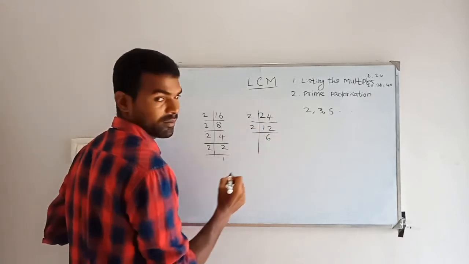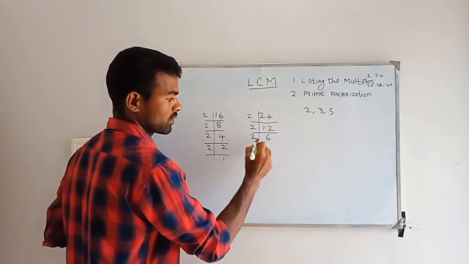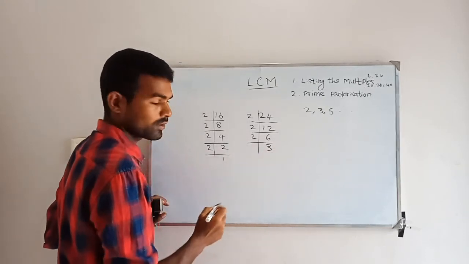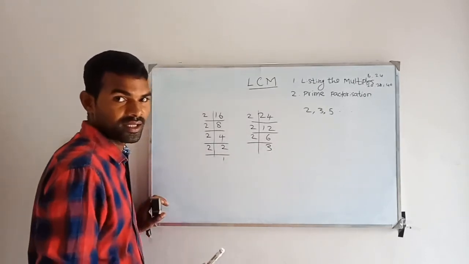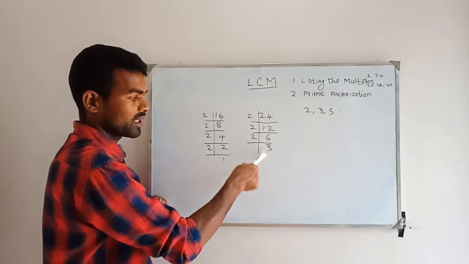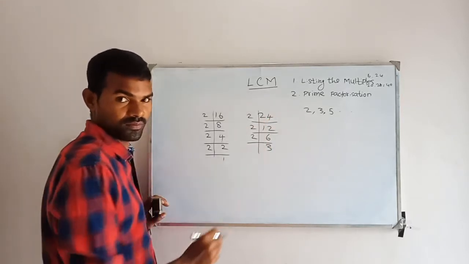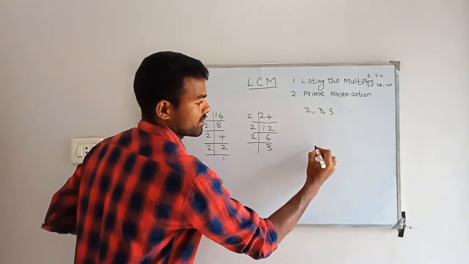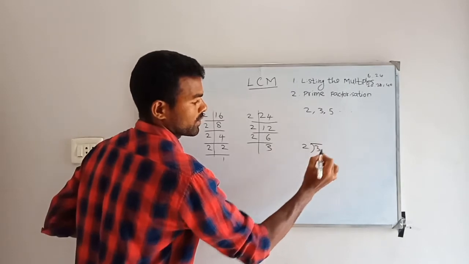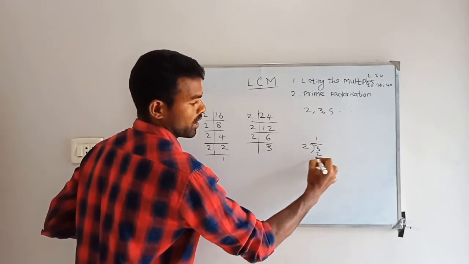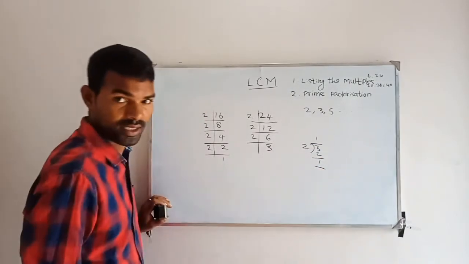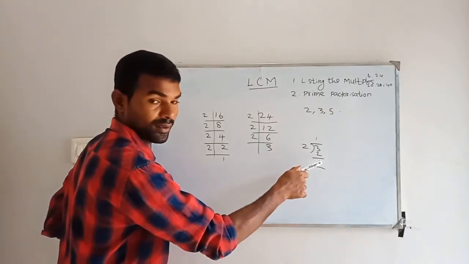You can divide 6 times. Divide this 6 by 2. You can divide 3 times. Yes, no? Now the number is 3. Is it possible to divide the number 3 by 2? You can divide 3 by 2. Yes, no? 1 time 2 and the remainder is 1. See, you are getting remainder 1.